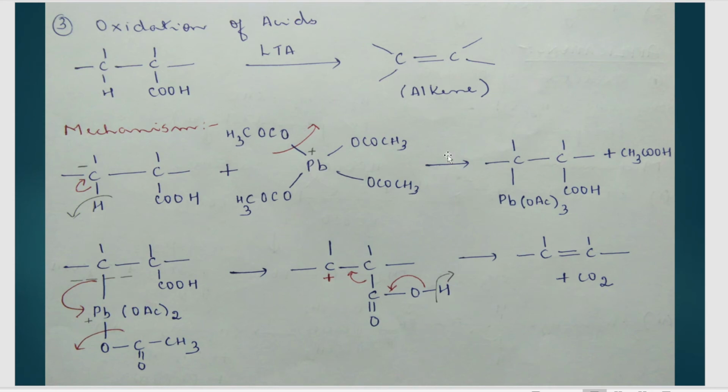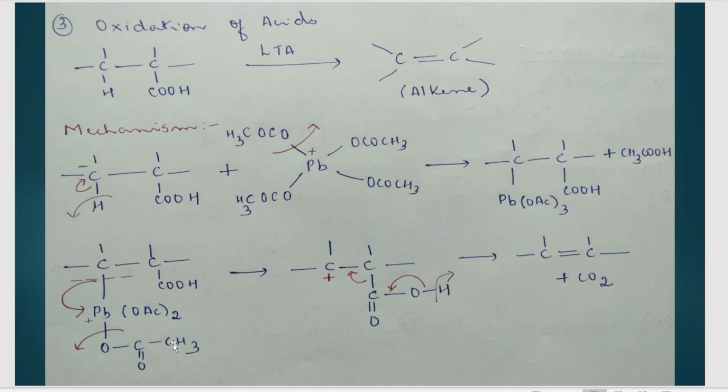So this is what we get. Pb(OAc), that is, only three acetate groups are left because one has already left the molecule. Now the next step is the same thing. I have just opened the chain and written it. So Pb(OAc)2 and one acetate group, I've just opened it and written so that it is easy for you to understand. So what happens in this step is that once again the CH3COO group leaves as CH3COO minus.